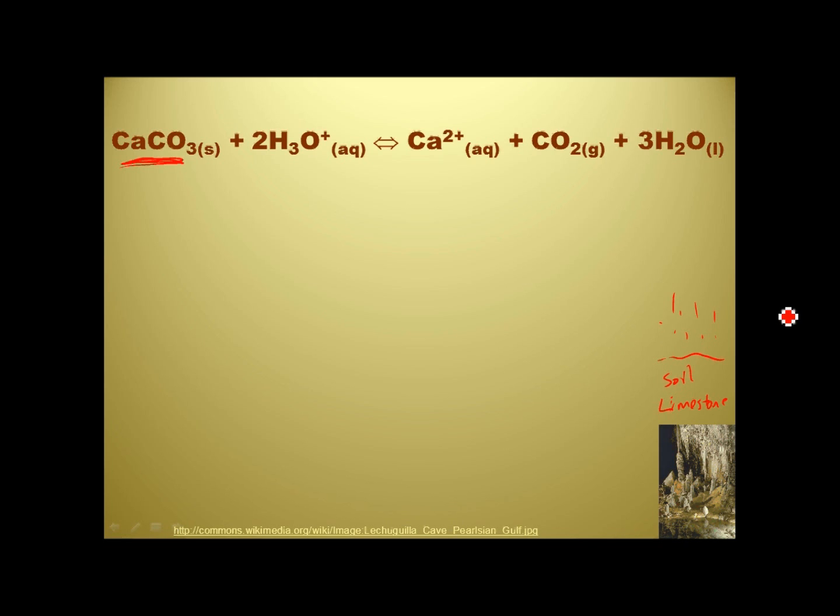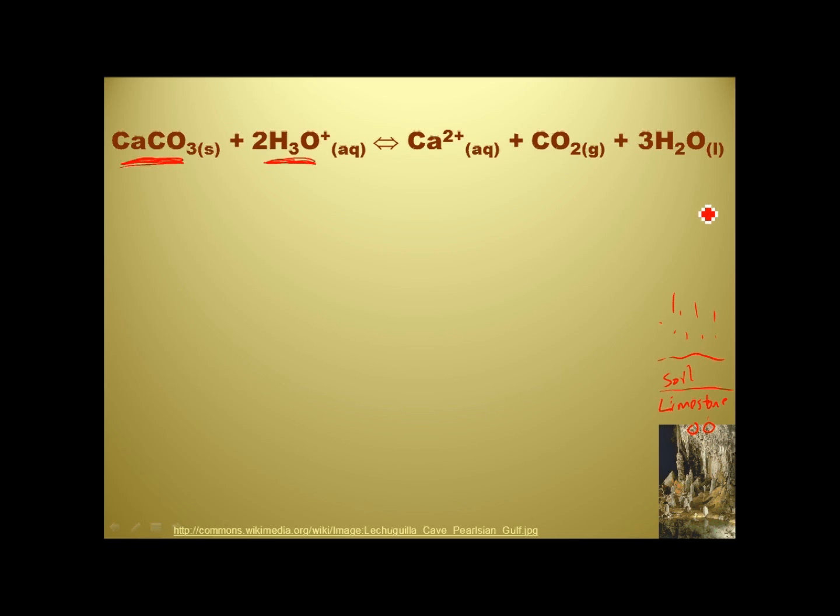The big idea is this. This chemical reaction drives making stalactites and stalagmites over thousands and hundreds of thousands of years. This is the limestone, calcium carbonate. This is the component of acid rain, the hydronium ion. The hydronium ion falls into the soil. It goes through the soil and hits the limestone, where the hydronium ion is acidic, and it dissolves calcium carbonate, the limestone. This solution continues to seep through until it reaches the top of the cave up here,